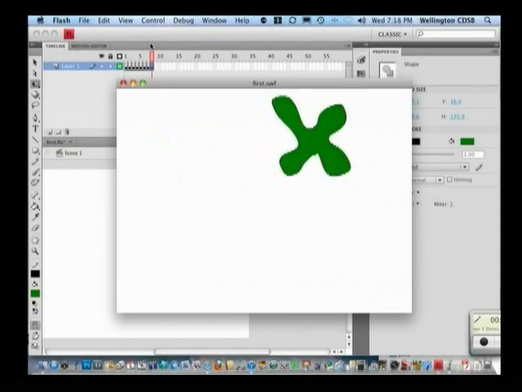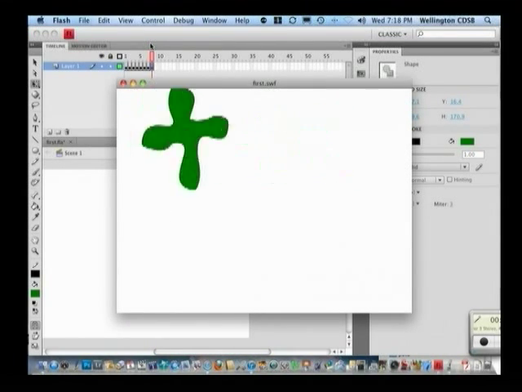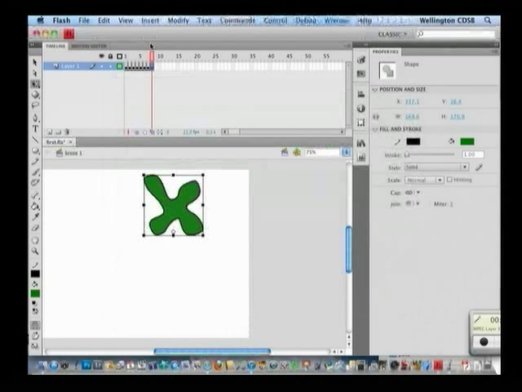Alright, and we'll do a Command Return and see what that looks like. Okay, so there it goes across the stage. And that's it for lesson 3. You can go on to